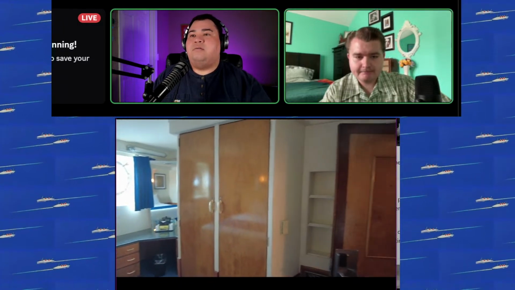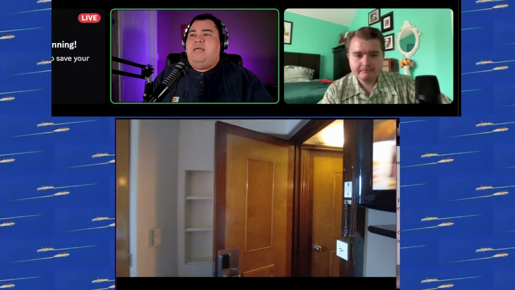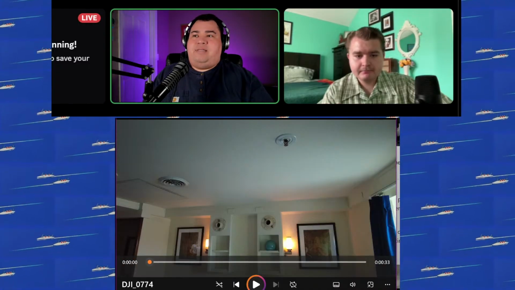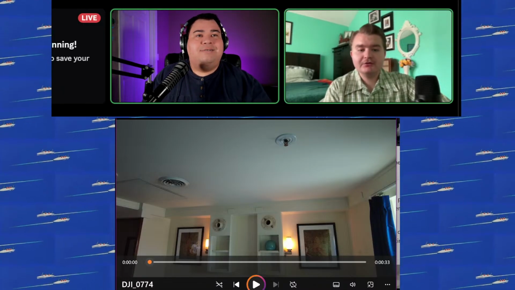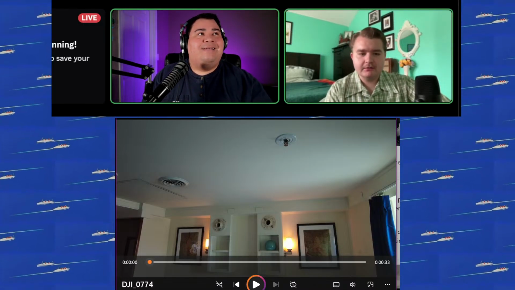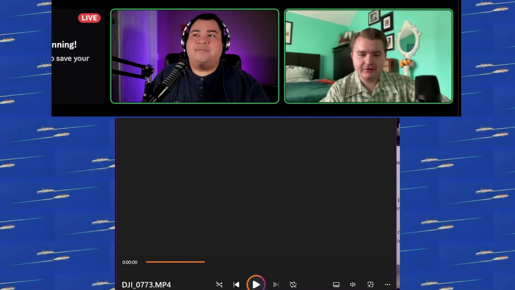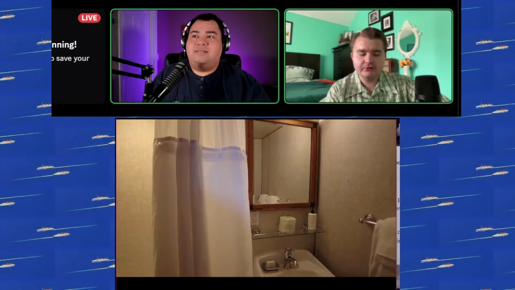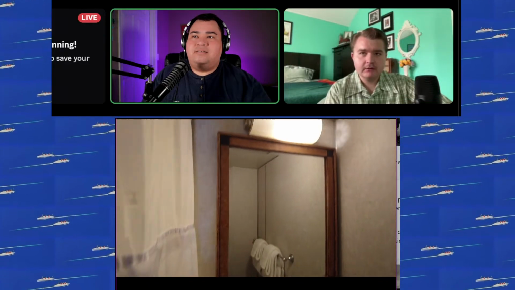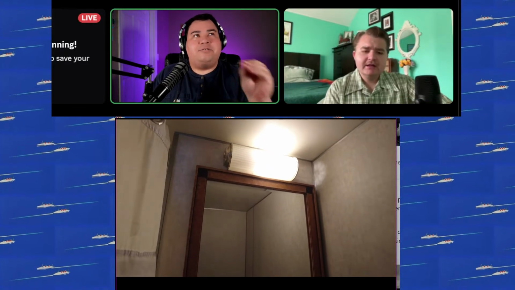Yeah, this looks a lot like the other cabin that we walked into that we weren't supposed to be in. I was about to say, the wardrobe placement is exactly the same. The bathroom was in a similar spot, but not the entrance.